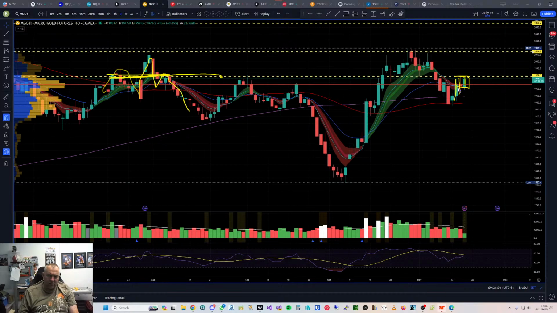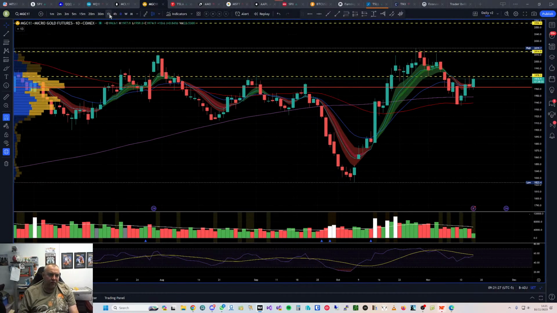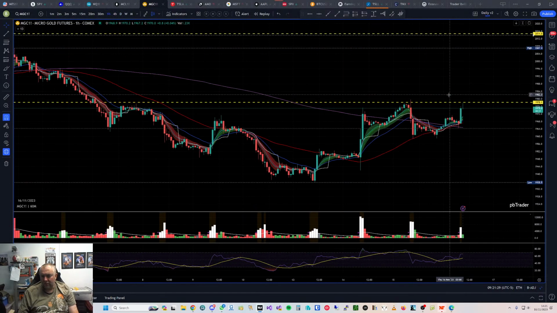So how many times do you want to be knocking at the door? Potentially we should be looking for it to break through today. But keep an eye on that, maybe a break and retest of that level long with a target up here. And I'm watching, so that level is 1978 or 2014 is a target or another break and retest long. So these are the areas to watch for. That's a daily swing trade that would be on the hourly scale.